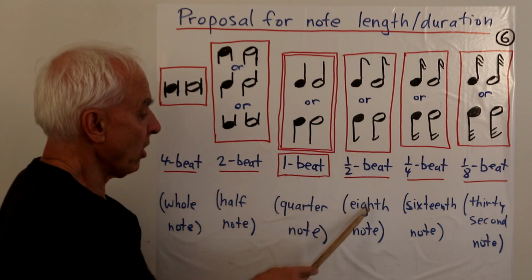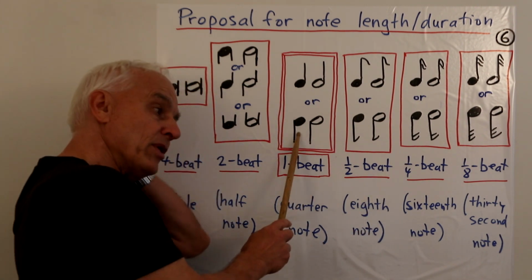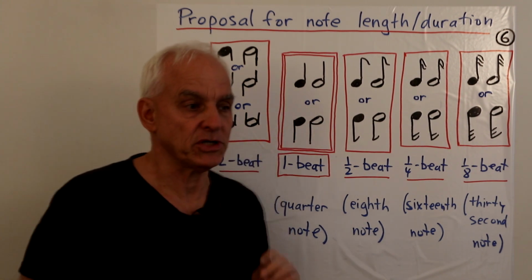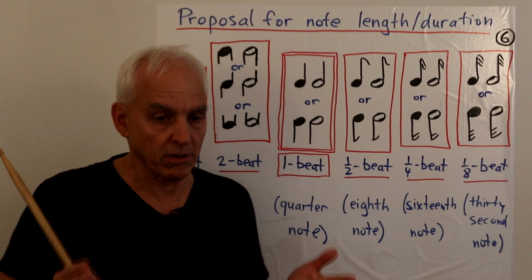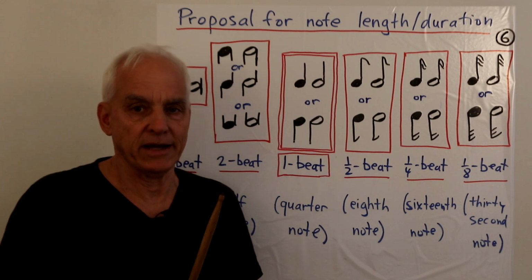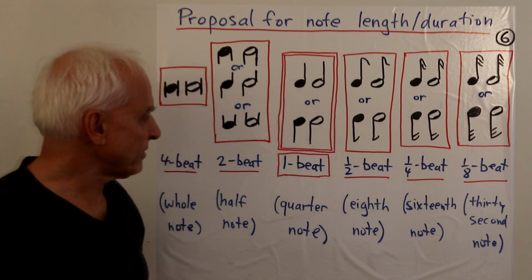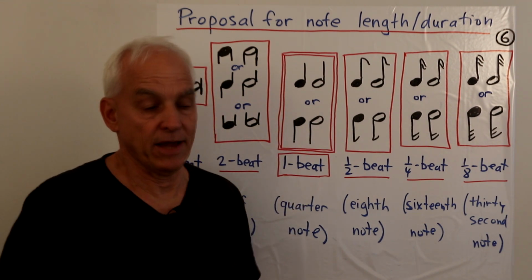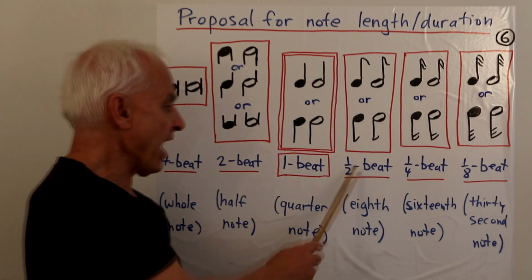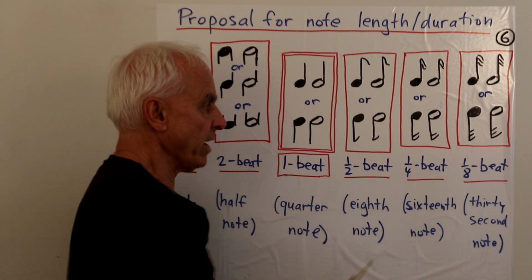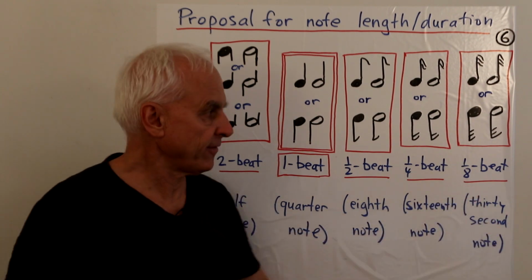So this would ordinarily be called an eighth note, but I prefer to have somewhat more sensible names for these things. This note here, the quarter note, has really unfortunate terminology. In 95% of all cases, the quarter note is getting the beat. Okay, not in all cases, but most cases. So it's really the note length which corresponds to a beat. It's much more accurate and descriptive, and I think useful, to call it a one-beat note. So let's do that, all right? If that's a one-beat note, well, that's going to be a half-beat note, and that's going to be a quarter-beat note, and that's going to be an eighth-beat note, and those are a little bit easier to deal with than eighth, sixteenth, and thirty-second notes.